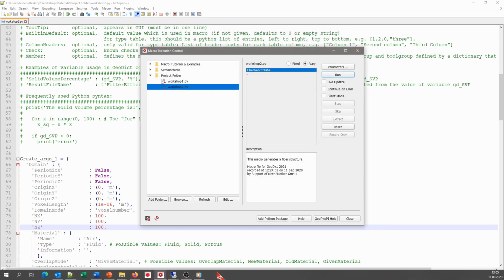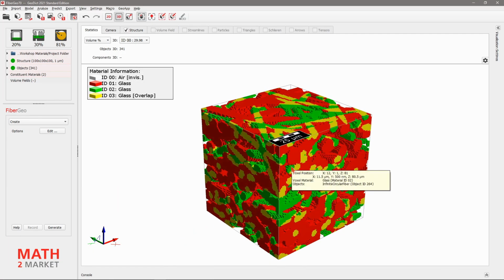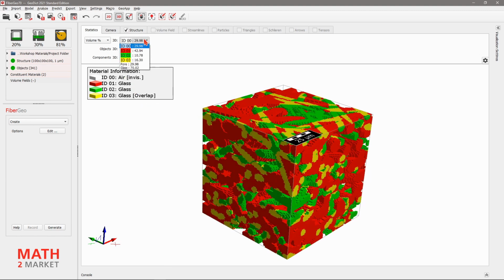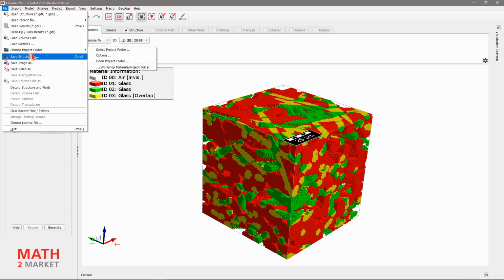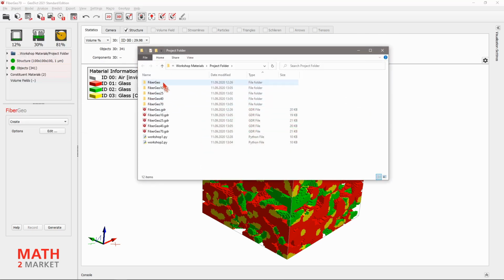So now if we go back to Didic, we see here the last one with the 70 solid volume percentage, which is very, very dense. You can validate it again in the statistic tabs. And you can also see the 75% solid volume percentage for glass. And if you want to see the results of the whole parameter study, we can look to our project folder. If we click on File, choose Project Folder, and Open Project Folder, and then the project folder is opened, and we can see here all the results that we've done now in this